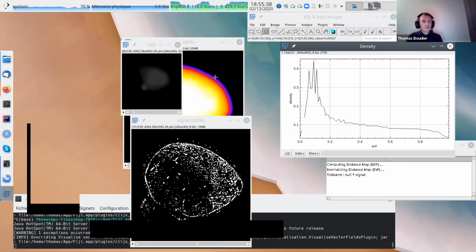If you just use the distance, it's a bit wrong. I don't want to say bad about some people, but some papers did some wrong analysis. So if you want a correct analysis of where your spots are, you should use the EVF.